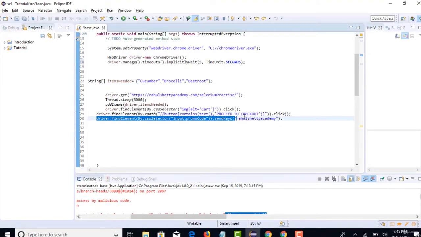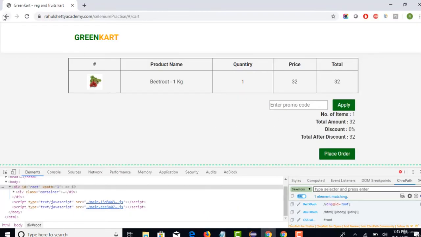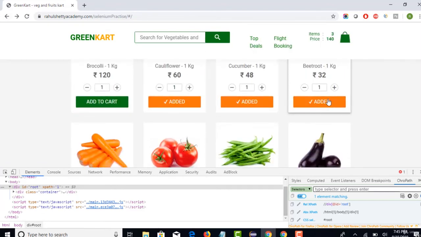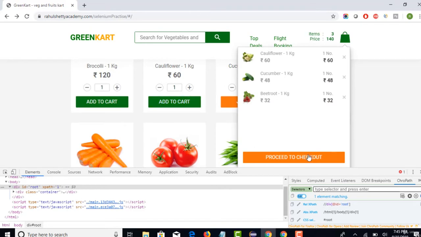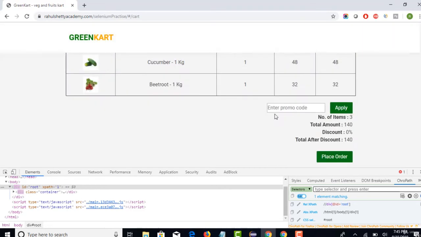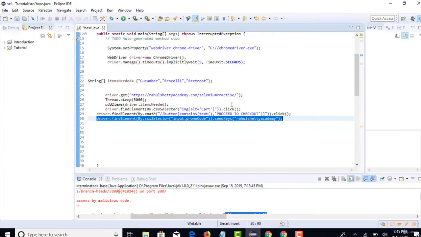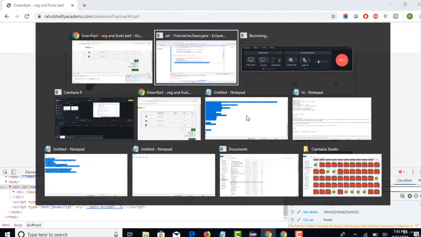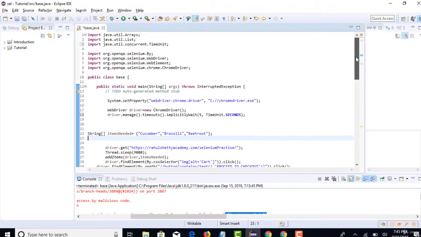When Selenium is at this step to execute the input promo code, our actual application is not yet on that page. There is a slight half-second gap to reach this page. Before reaching this page, our Selenium test quickly came to this step and says that the CSS is not found because we are not yet on this page. That's the problem. So using implicit wait, we were clearly telling it, by declaring globally, to wait for 5 seconds.